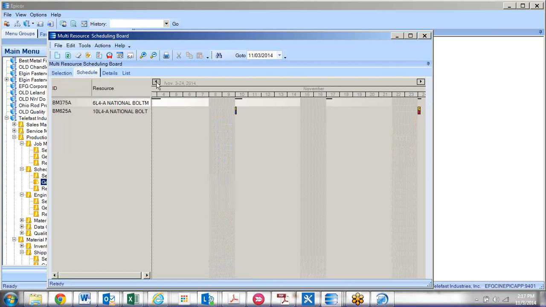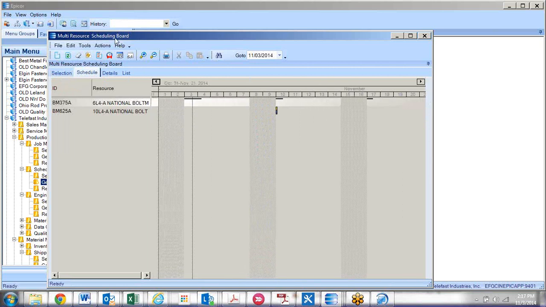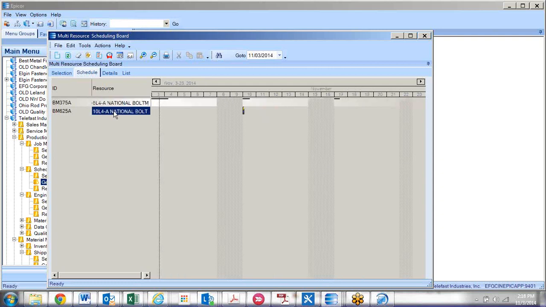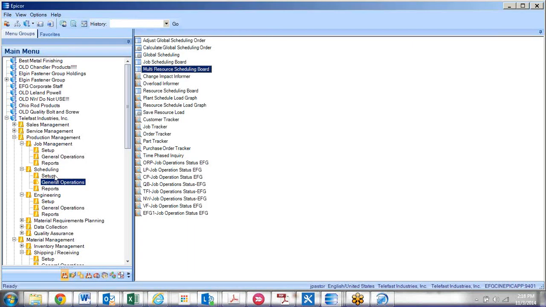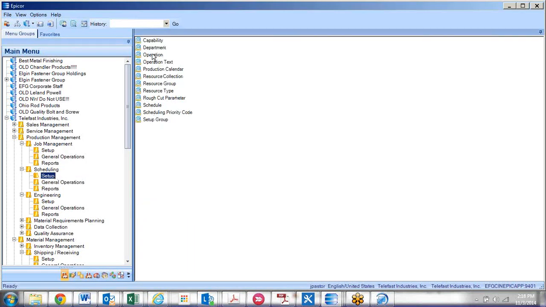One of the things that you can do with the advanced production scheduling module, you have access to this multi-resource scheduling board. So what you can do is you can select multiple resources and see them on the scheduling board in one spot. Yes, and I know there's a few plants that do use that. I think Ohio Rod uses that quite a bit to view more than one at a time. Right. The other feature that you have when you have APS, or Advanced Production Scheduling, is when you create an operation,